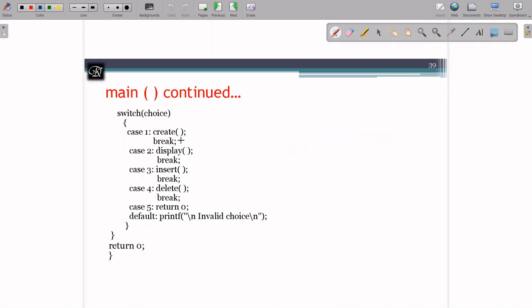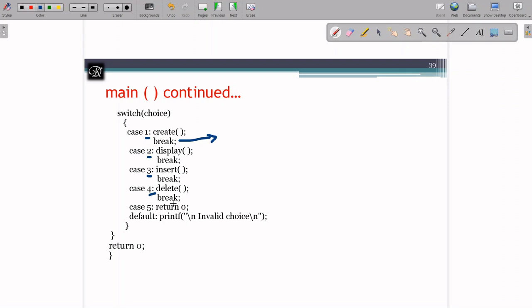See, as I told in the prerequisites, every case in a switch statement should have a break, it should be stopped immediately once after the completion of that, otherwise it will continue with the next statements, next cases. It should not happen. And for that what we have done is I am going to break every case, and along with that I have told you these cases can be either an integer number or it can be a character. I have used integer numbers. It depends on the situation. We may use characters in upcoming programs.